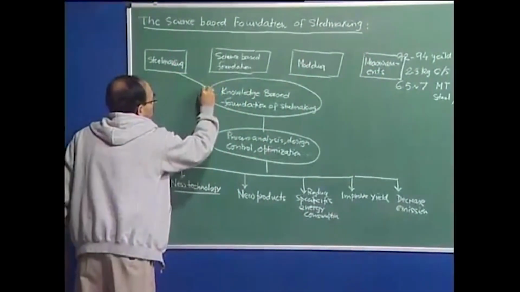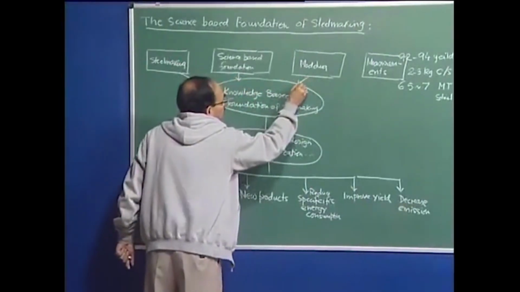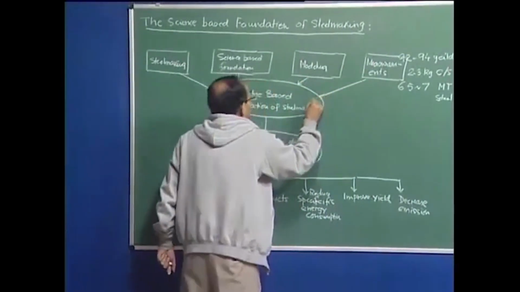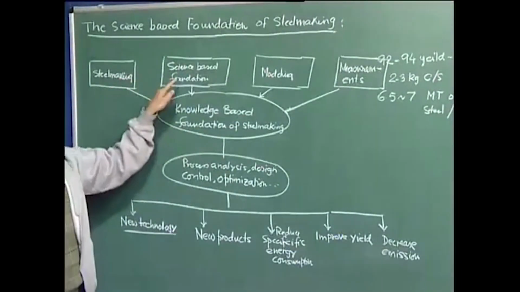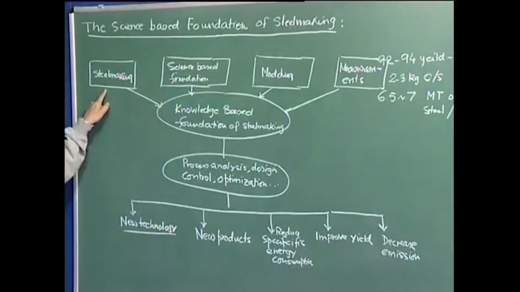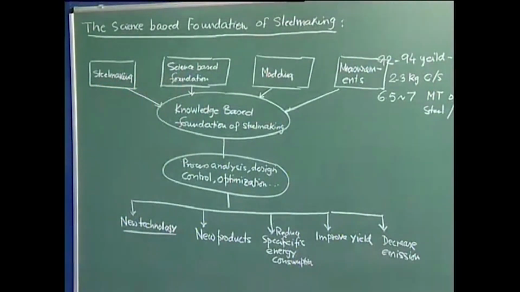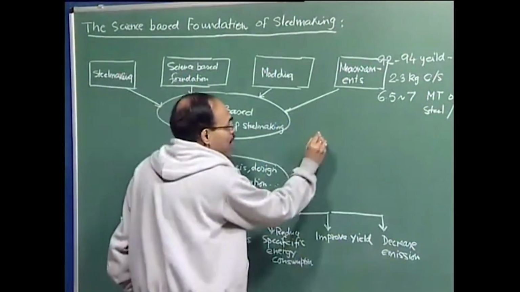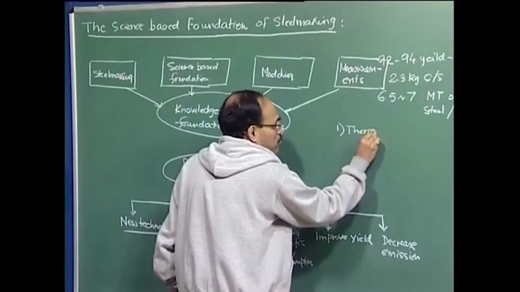So, manufacturing process, science based foundation, modeling, and measurements, they constitute our knowledge based foundation. You cannot omit any of this. So, you have to know the steel making technology, the process of steel making processes very well. You have to know the science based foundation of steel making. When you talk of the science based foundation, let us elucidate what does it contain. The science based foundation of steel making contains, for example, metallurgical thermodynamics,